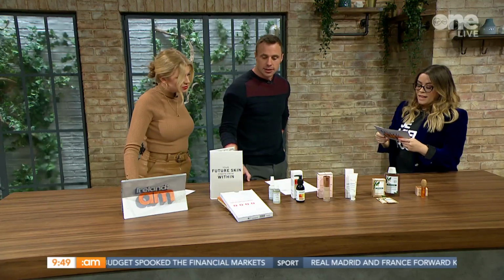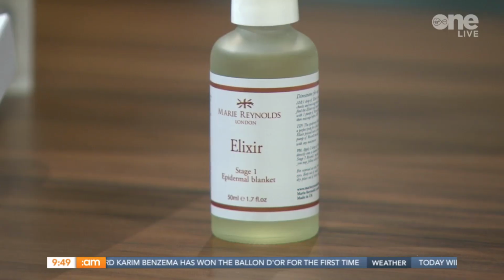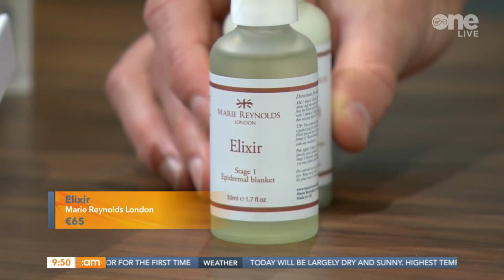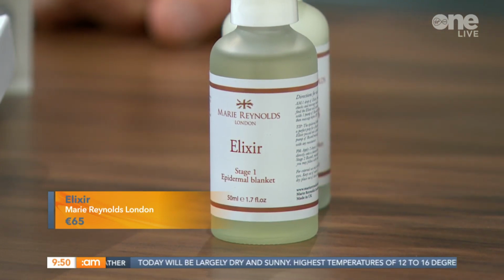Okay, we're moving on to serums next. Yeah, so Mary Reynolds is a facialist, but she's a huge believer in all things energy. So not only do her products have science in them, but this particular elixir is a lightweight absorbing oil, with ingredients like vitamin C, vitamin E and omegas in there as well. So when you're coming into this time of the year, Tommy, as you were saying, this is all about what we call trans-epidermal water loss, essentially the natural...